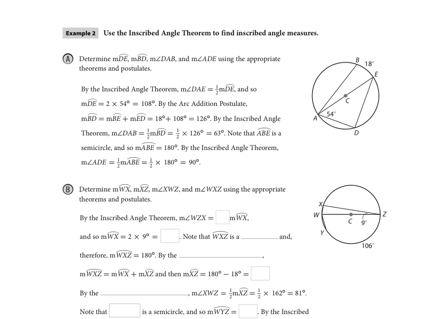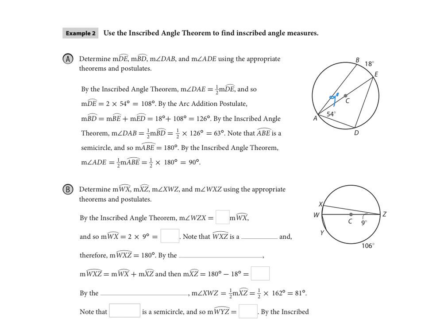So in example 2, and I'm on page 783 here, we're going to use the inscribed angle theorem to find inscribed angle measures. And we're going to do that with the information given on the diagram, that arc BE is equal to 18. So if this arc is 18, then the angle inscribed off of it is going to be half of that, so that's 9